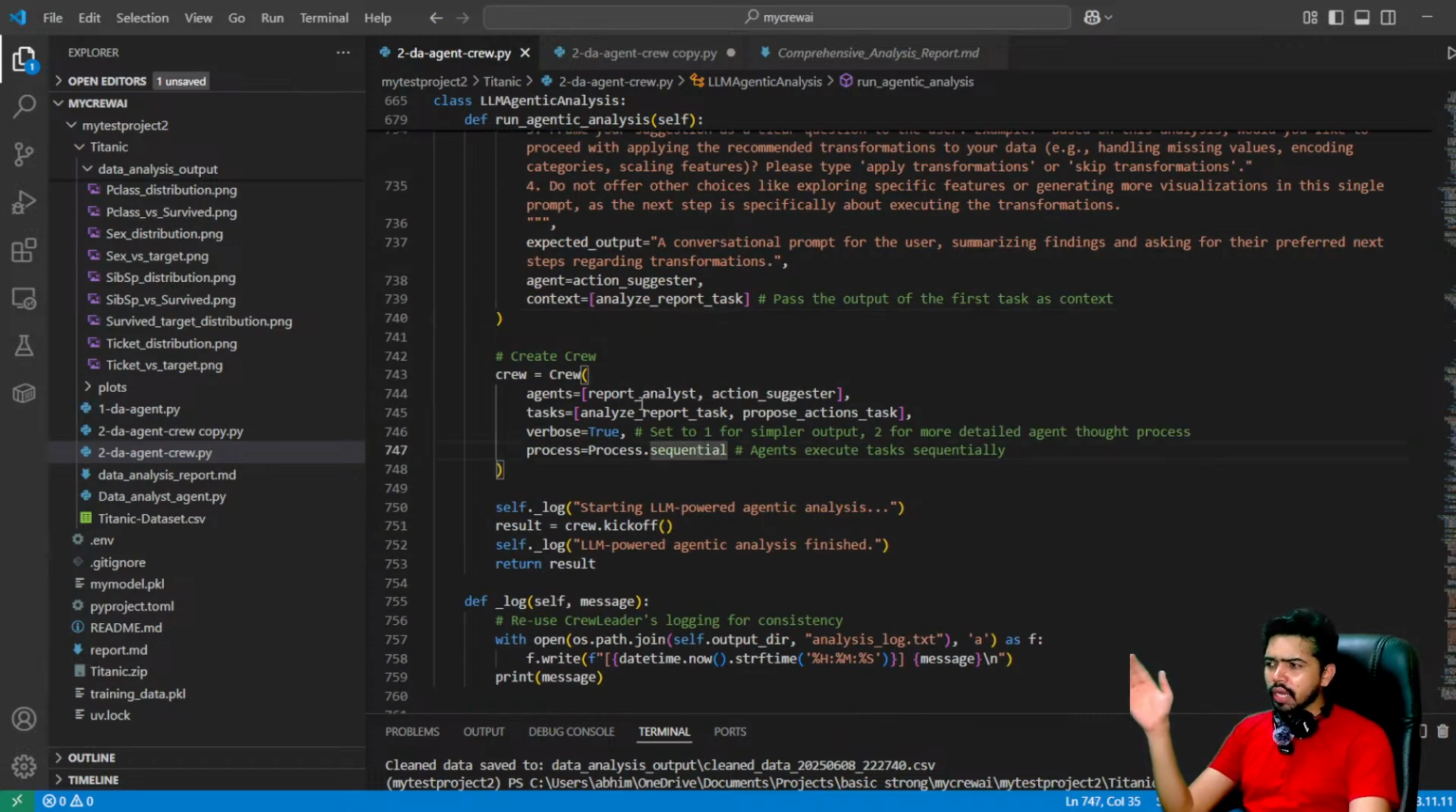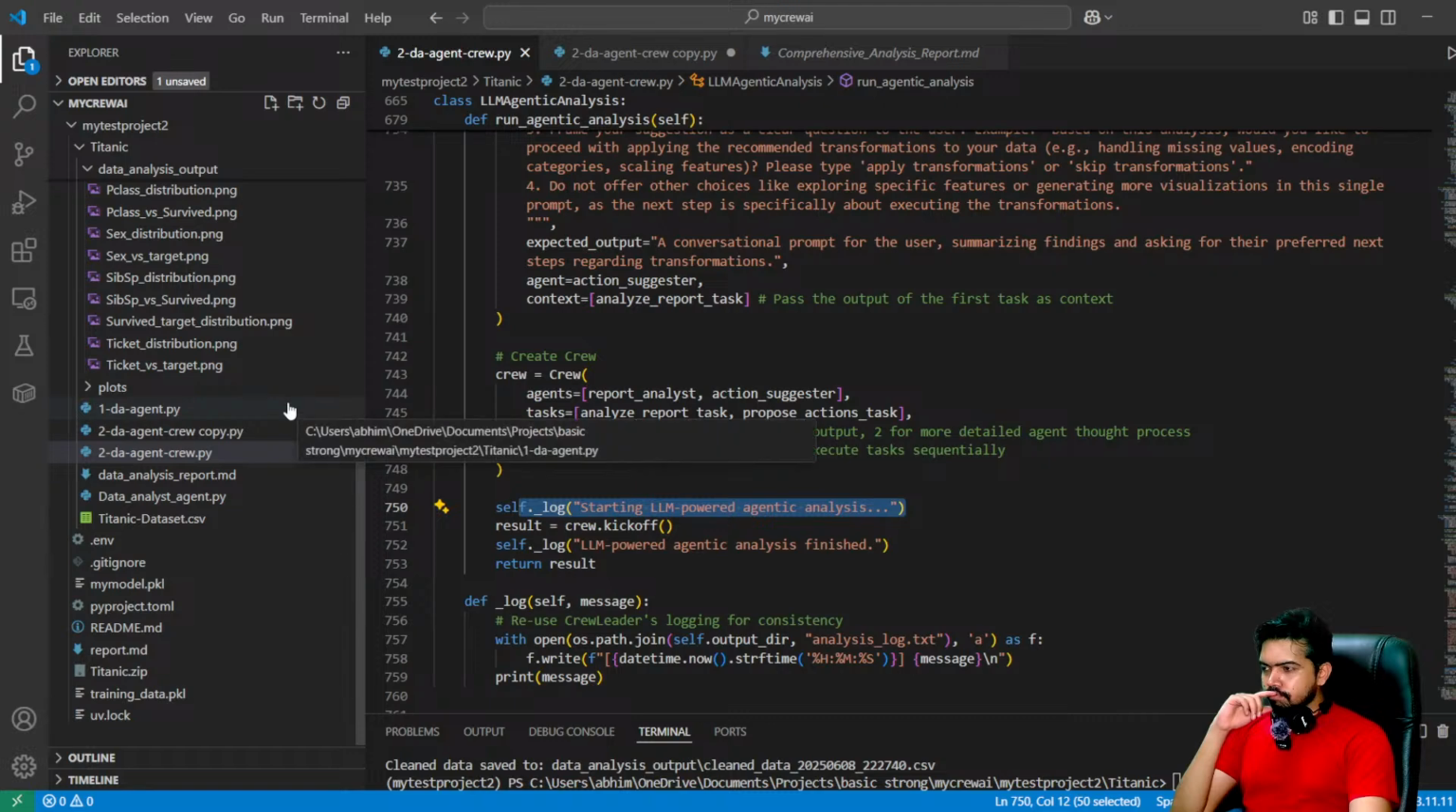And then you just create your crew. These are the two agents which we have created: report analyst and action suggester. And then the analyze report task and propose action task, and you're doing it in a sequential way, and all the logs are being logged into this file. And if you want to see the code itself,